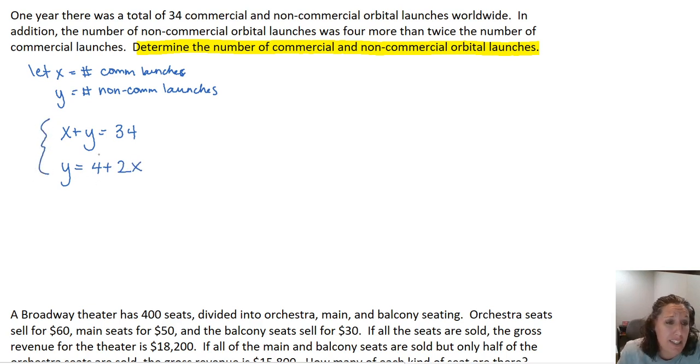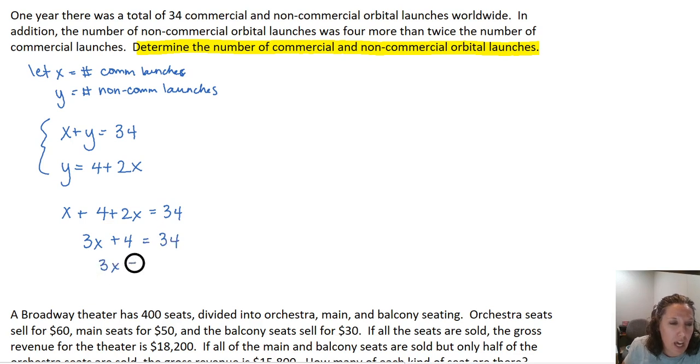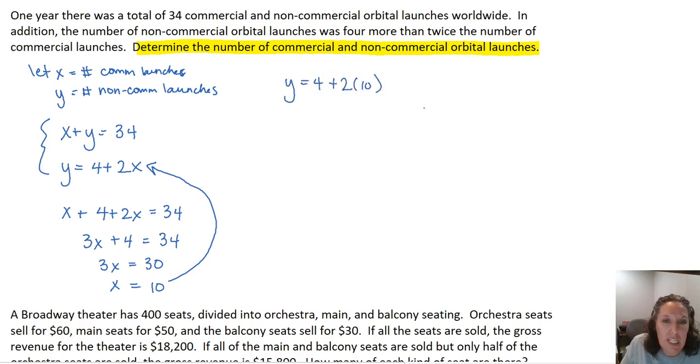This one's set up pretty nice to use the substitution method, so we could just plug right in. So we'll get x plus, instead of y, we're going to have 4 plus 2x equals 34. That's going to give us 3x plus 4 equals 34. Subtract that 4 from both sides, and we get 3x equals 30. So x has to be 10. And then if we plug that back in, we can find our y value. y is going to be 4 more than 2 times 10. And so we get y equals